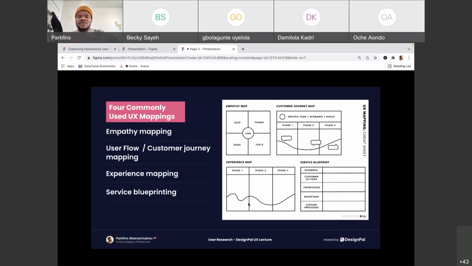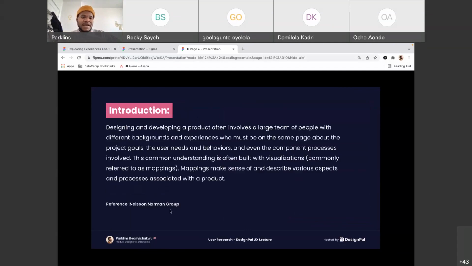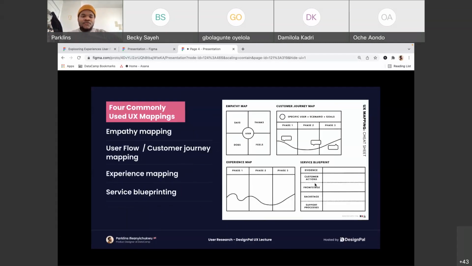So on this previous page, I added a reference to where we can learn more about this, right? And Nielsen Norman Group is a very key player when it comes to UX design, right? I think afterwards I'll turn this into a PDF and you'll be able to click on this link to open it and learn more, right? So I got this image from Nielsen,